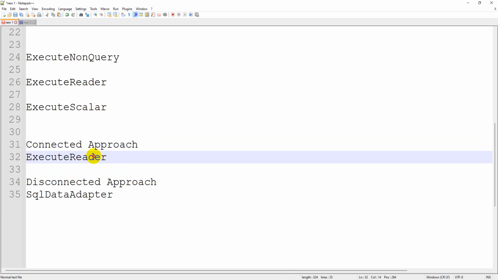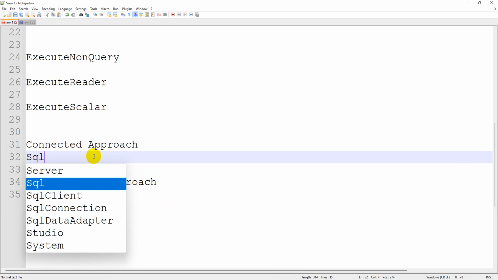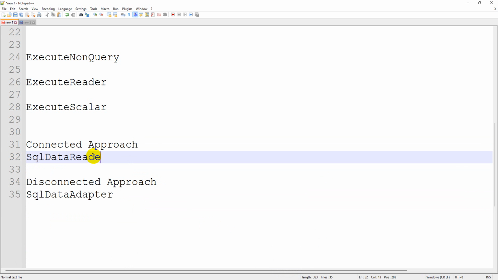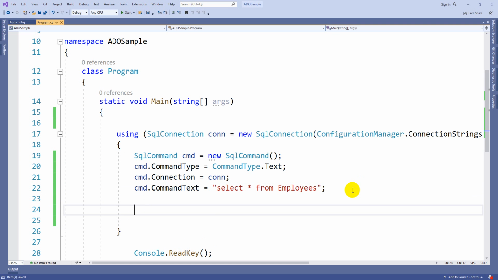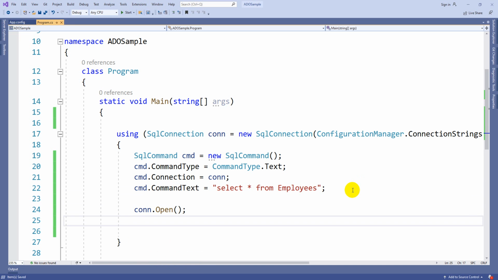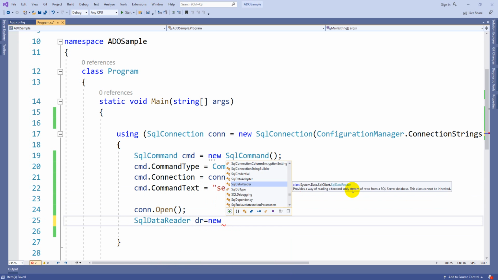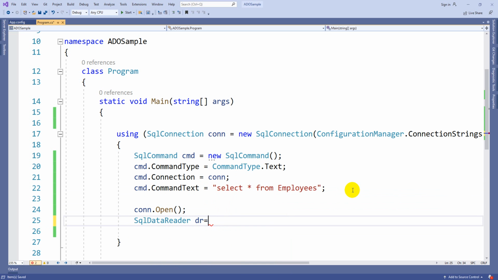Execute reader is the method, but actually the class name is SQL data reader. Now you can see this. Connection open. There is a class called SQL data reader. Some object name equal to cmd dot, there is a method called execute reader.